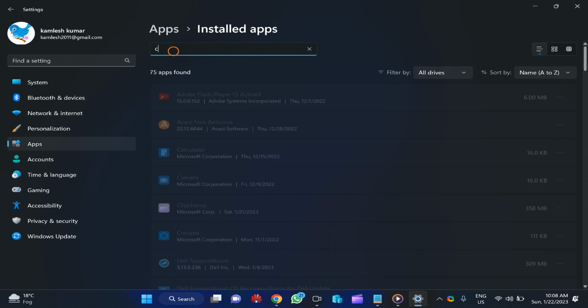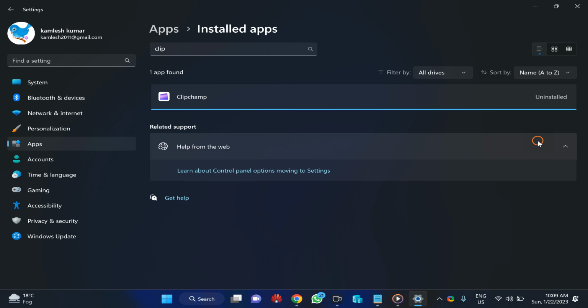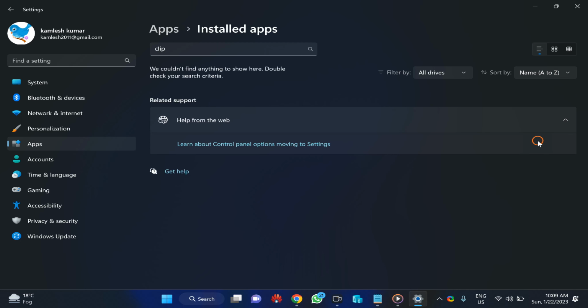In the search, type Clipchamp, and beside the Clipchamp entry, click on triple dots and select the uninstall option. Again, click uninstall. This will remove the Clipchamp app from your Windows 11 machine.